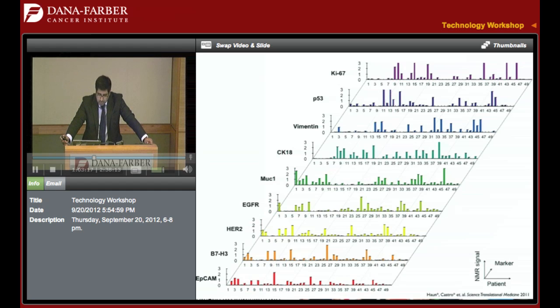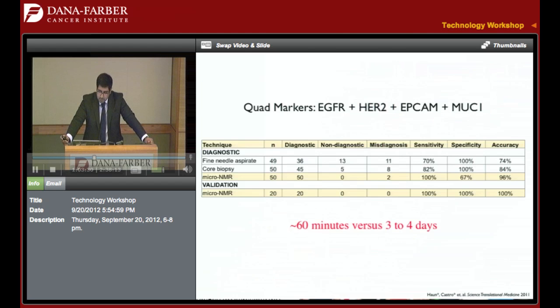and in the initial 50 patient cohort, we were able to explore the range of NMR signal across these different markers, and not just a handful of patients drove that heterogeneity. There was no kind of rhyme or reason. Exploring a subset of these markers, we were able to identify 4 markers that gave us a diagnostic accuracy of